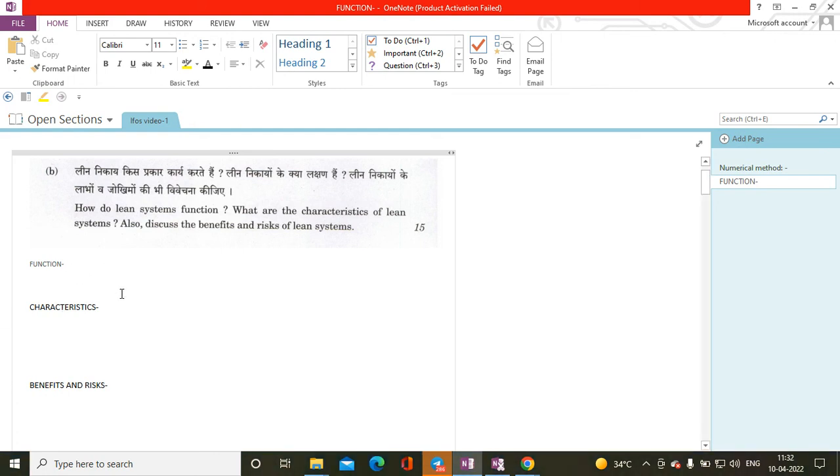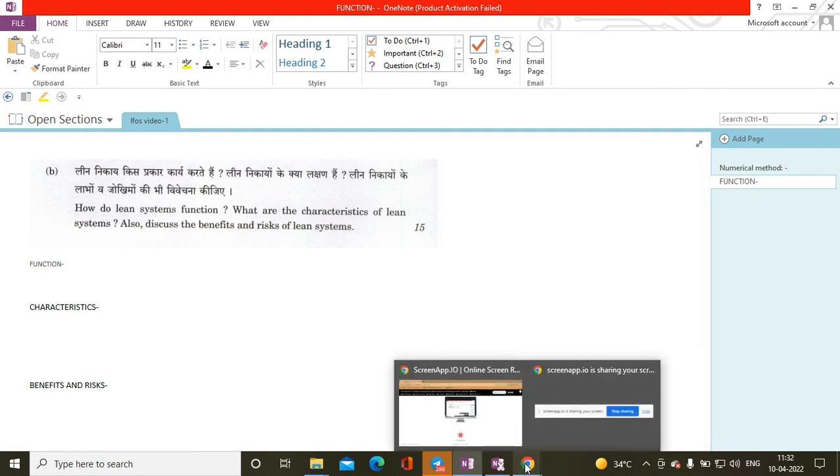And then you write the characteristics of a lean system, like total quality management, synchronous manufacturing, employee improvement, employee development, kaizen. These characteristics you can write, these things you should write in the characteristics part. And for benefits and risks, as I stated all the points, like what the benefits are and what the risks are, you should state them in a proper way. So this is for the lean system, guys, and we'll be discussing other concepts